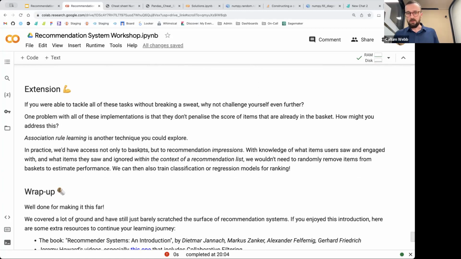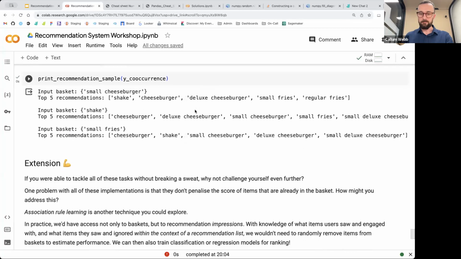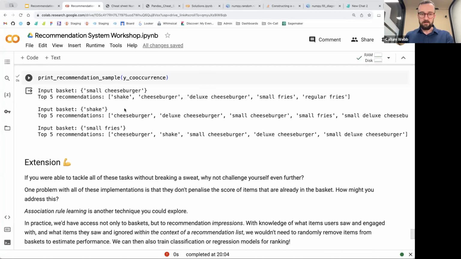So I left this extension exercise in here if people want to take this even further in their own time. One problem with all of these solutions that we've talked about so far is that they have no penalty for items that are already in your basket. So somewhere in this recommendation list, probably not at the bottom, you might find shake. Well, this is probably a bad example because there's only one item in the basket